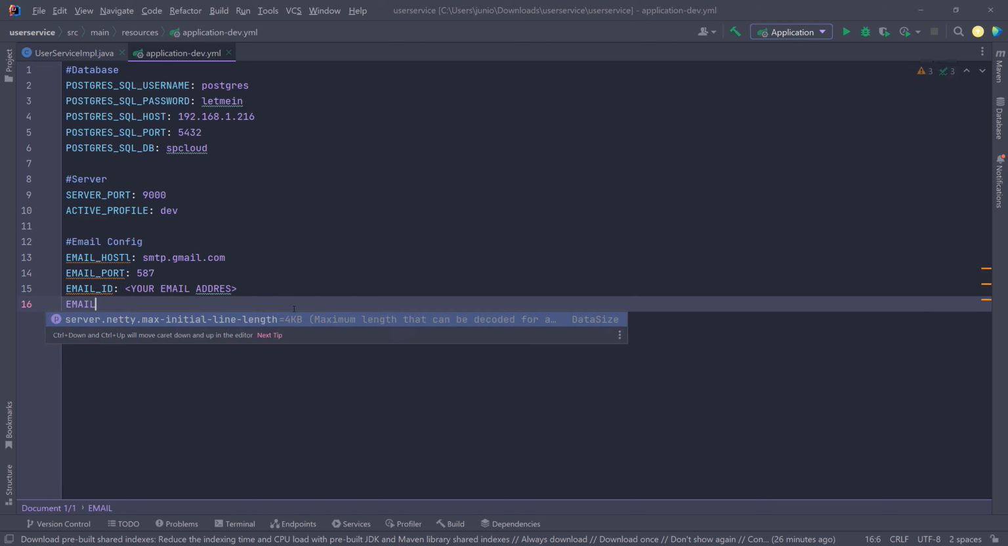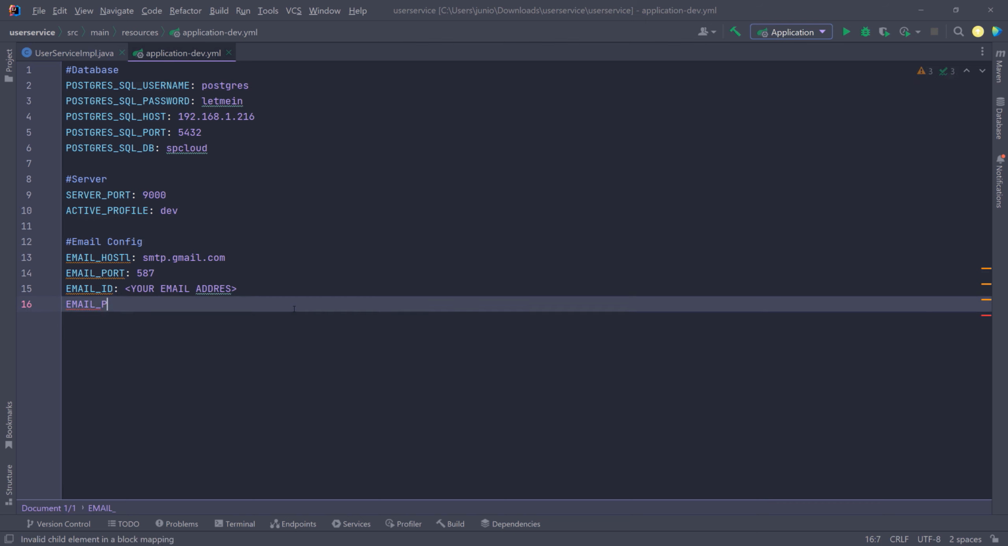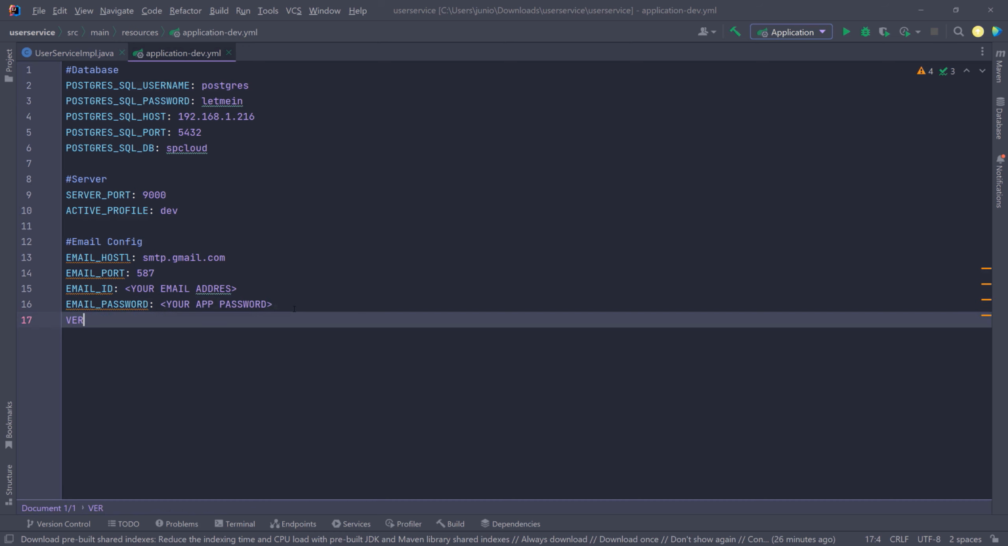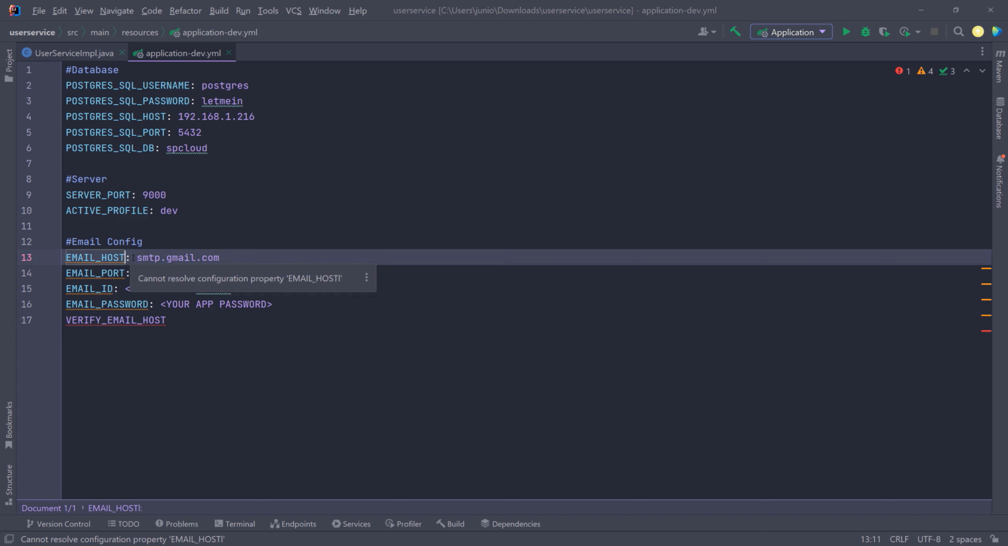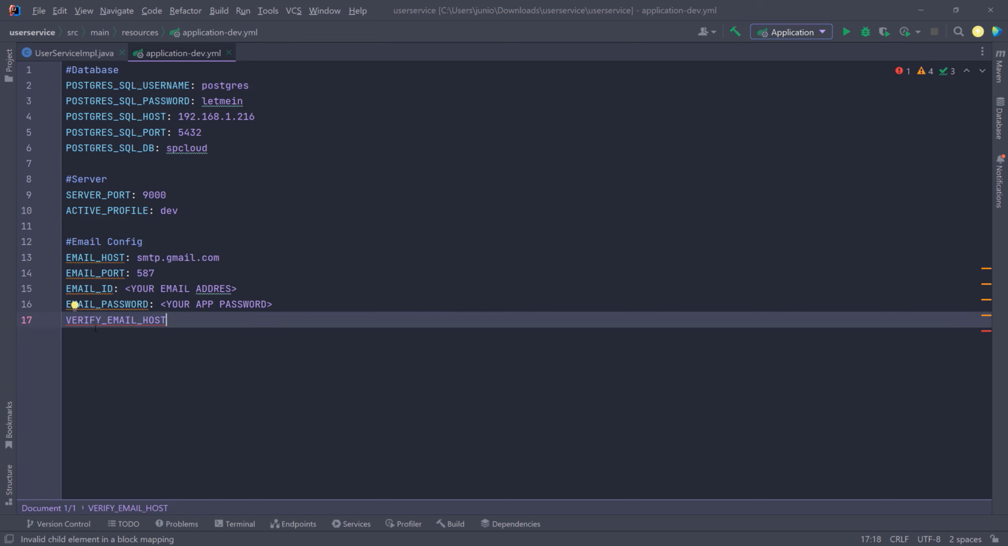And then here I'm going to have the email_password. So that's going to be your app password. Okay, so whatever we just talked about. And then the last one, I'm going to call it verify_email_host. Since I already have an email host here, I'm just going to name this the verify email host. And I need this to be